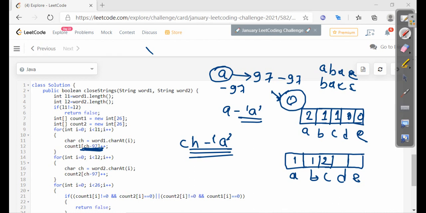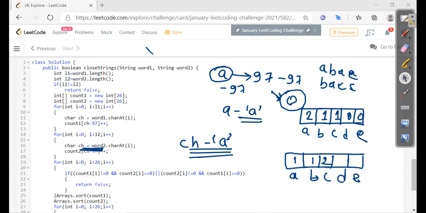So now what we are going to do is check whether the same characters are present or not. How are we going to check that? If a character is present in a particular word, the value stored at that index will not be 0.